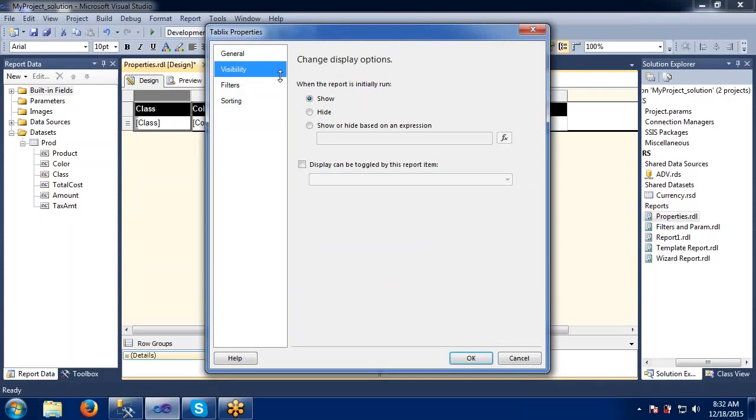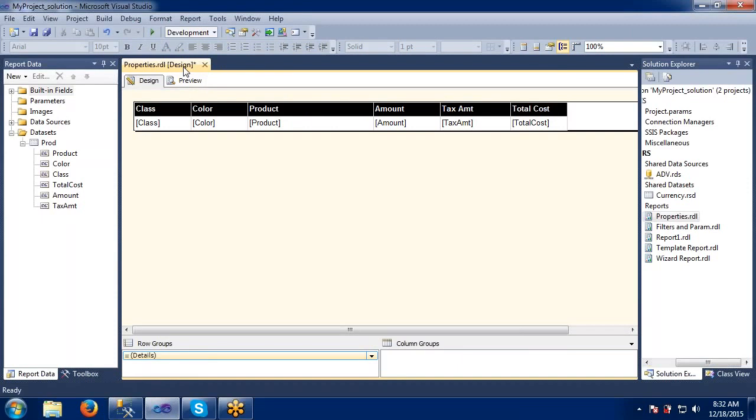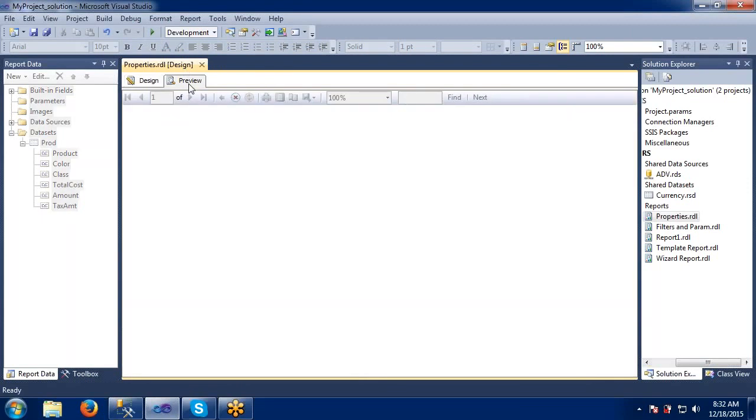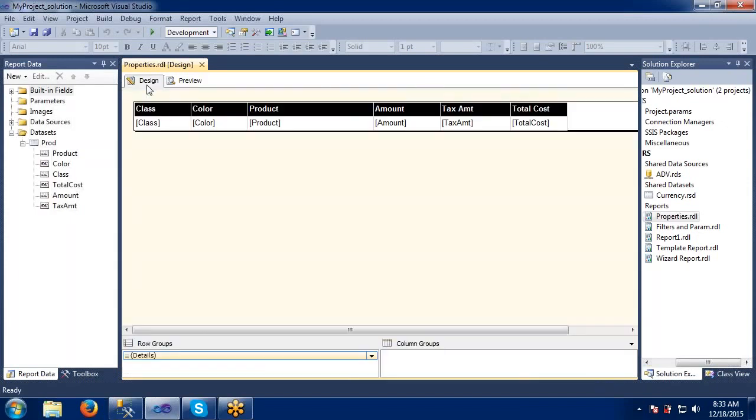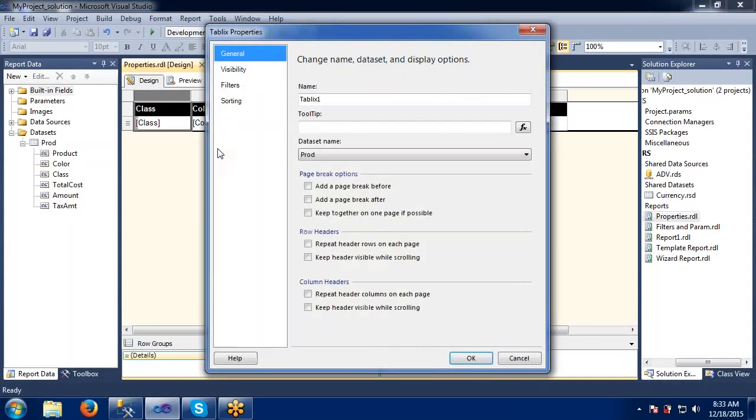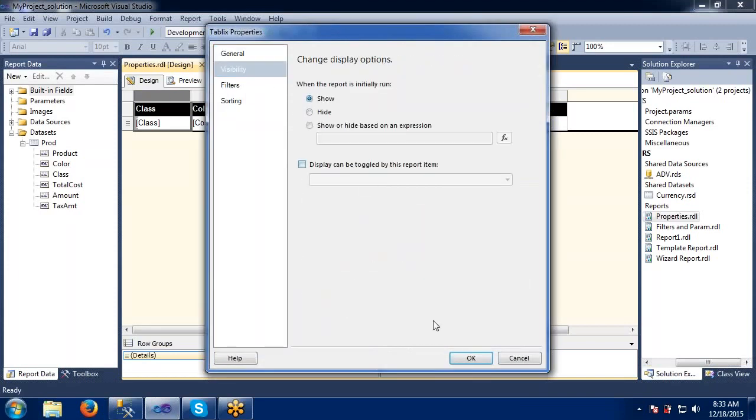Okay, so in the tablix properties here, I want to hide only one particular column. It's trying to hide the complete report, I guess. Let me see how it is working. But my intention is just to hide only one column, not the complete report. One second, visibility, show.